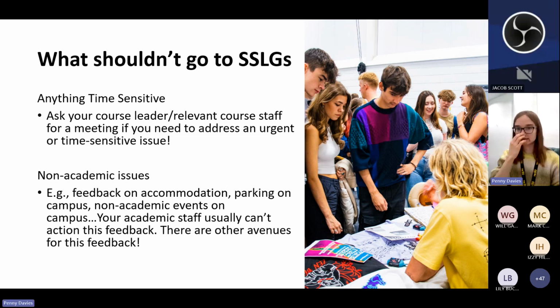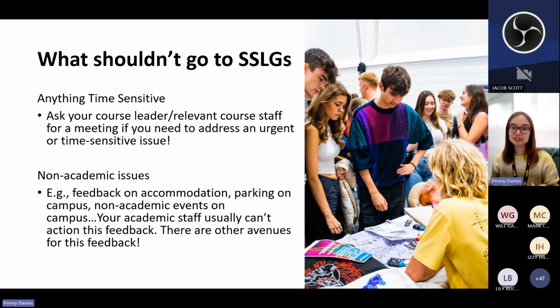I'll leave it to your discretion what that looks like. But yes, anything that is urgent, which you can generally tell, you don't need to wait. Also, as reps, you are entitled to ask for meetings with your course leaders if you need them to catch up on feedback, find out what improvements are being made in response to actions from SSOGs, or talk to them about any feedback that's come up, again, that you don't want to take to an SSOG. Don't be afraid to just email your course leaders to ask for a quick catch up, like a 10-minute catch up or anything you need.